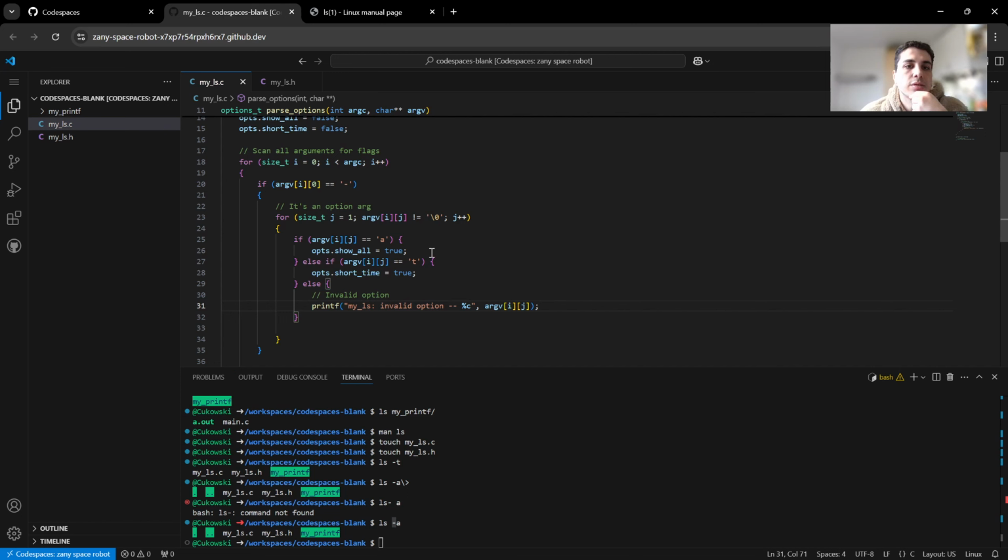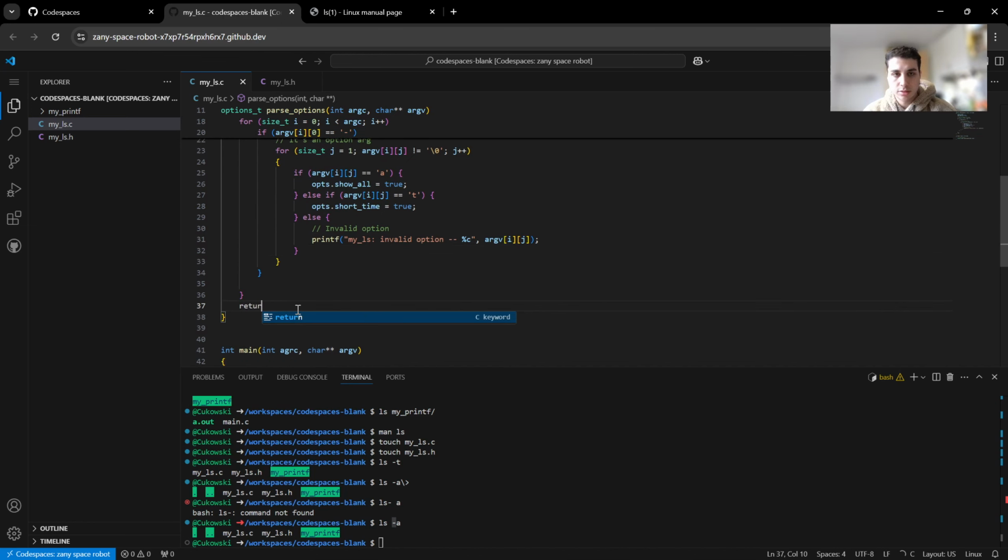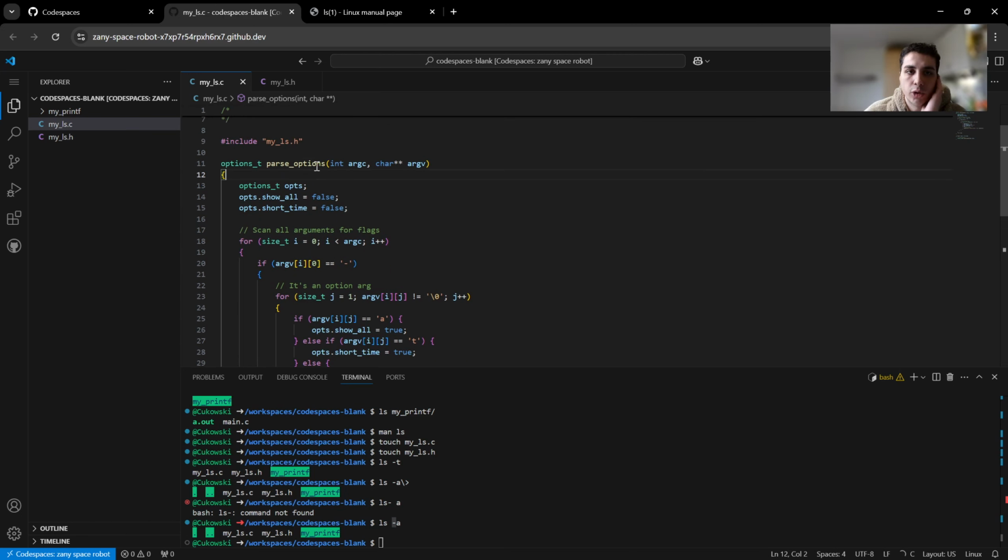Okay, so first we will check if we have a or t, or we have an invalid option, and then when we are done with this, we will just return opts. So this is our option parser,